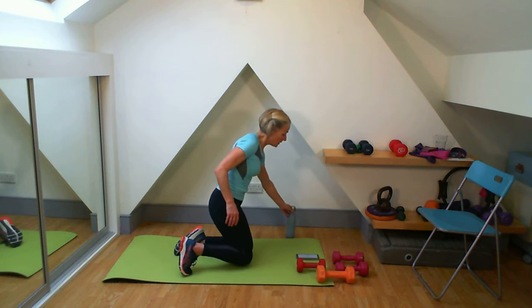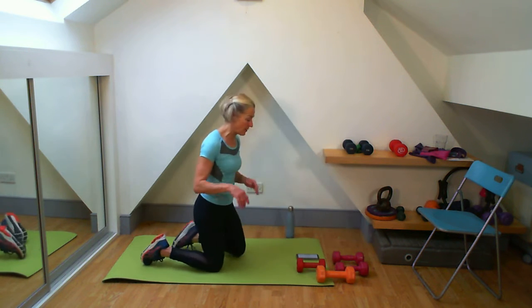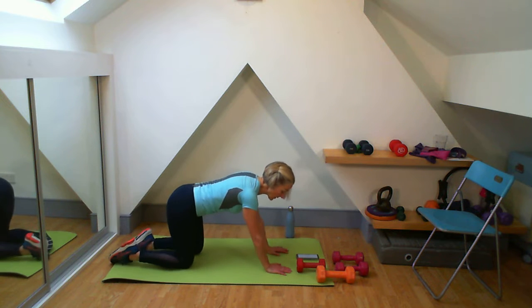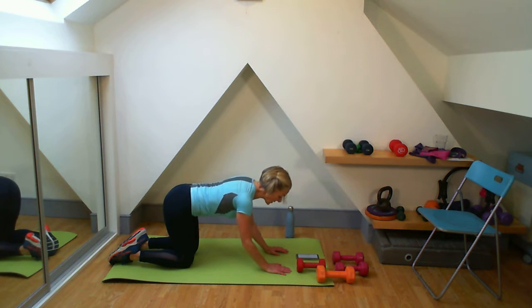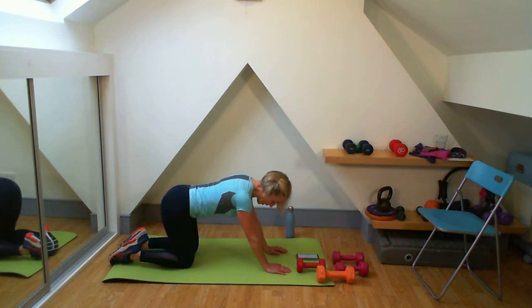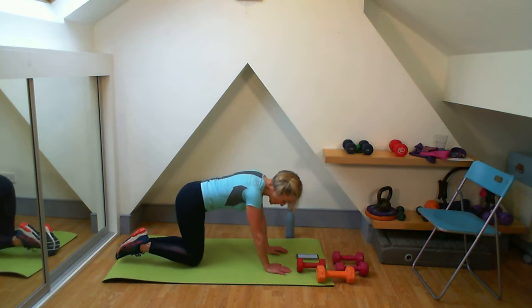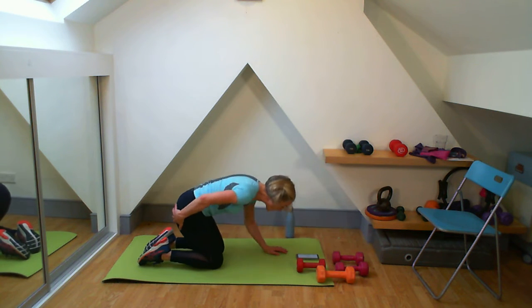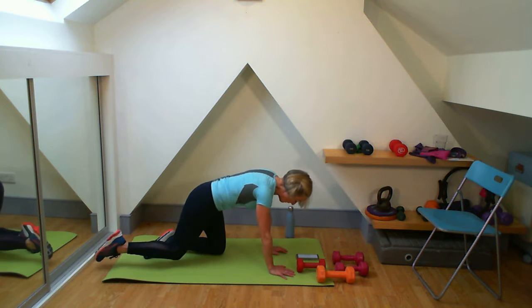Okay, so a tricep dip to the front, core pulled in, hands out at the front. So it's a little bit like Sphinx style, drop, push up, and push up. Don't be worried if you can't feel anything for the moment, but don't have your knees right here, because then you will use your lower half. Come back,